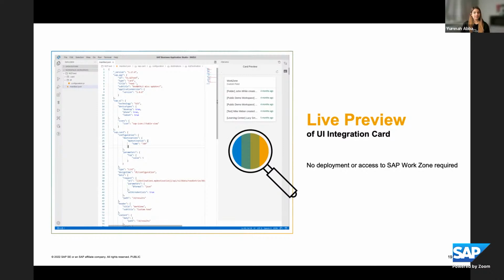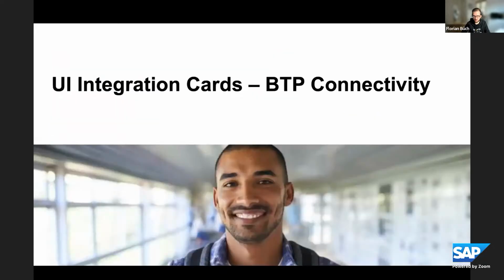So how can these UI integration cards connect to business applications then? That's a great question. Because so far, all I've talked about was creating these cards and somehow getting them into Workzone. But how does a card, for instance, connect to my SuccessFactors or S/4HANA system, you may ask? And that's exactly what I'm going to be covering as basically the last couple of slides before moving into this